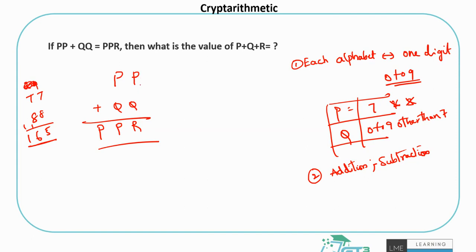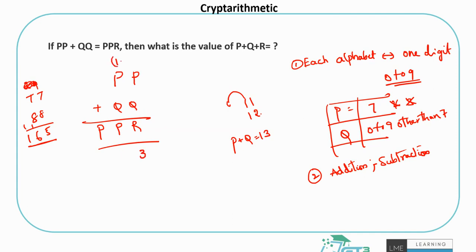For example, if I am talking about P plus Q summing up to R, the interesting part to observe here is that P plus Q is coming to P again. The same P plus Q is coming to R and P plus Q is coming to P. How is that possible? The thing could be that P plus Q is more than 10, like 11 or 12 or something. So there will be one which is carried forward. Say P plus Q comes out to be 13, for example.